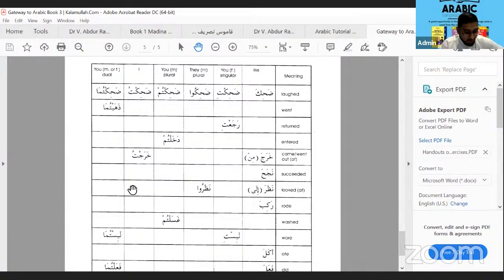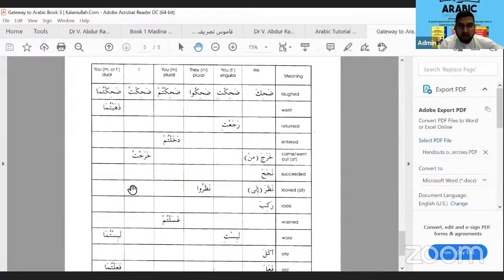It'll be a good exercise for your parents as well if you're learning Arabic. It's page number 5 of this handout. If you want to do all of the exercises, that would be amazing, but if you can do exercise 4 on page number 5, that would be great. I've sent it into the WhatsApp group so everyone has it. Inshallah, we will do some more practice on this because I want you to become experts.